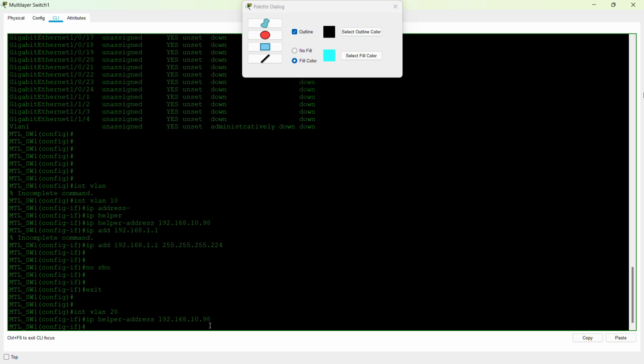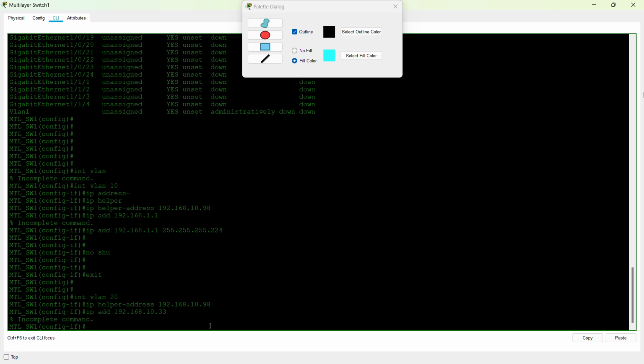And then the IP address of this default gateway would be a different one, which is 192.168.10. I'm sure you can see my mistake, so I will go up there and change it, and then it's .33